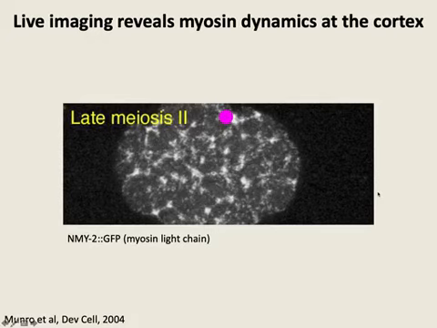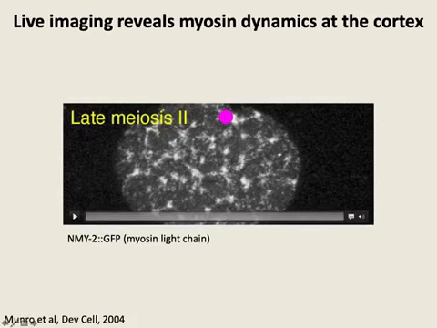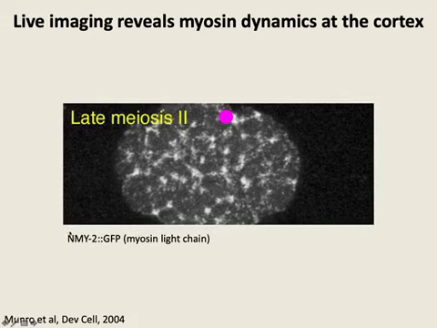Okay? Now, what in cells can move things around? Especially at the cortex. What kind of cytoskeletal elements are at the cortex? Two lectures ago, actin microfilaments. What kind of molecular motor works on actin? Myosins. Let's look at myosin. Right, so you see myosin, and this movie was kind of a landmark. So this is non-muscle myosin light chain fused to GFP in the early C. elegans embryo by Ed Monroe.